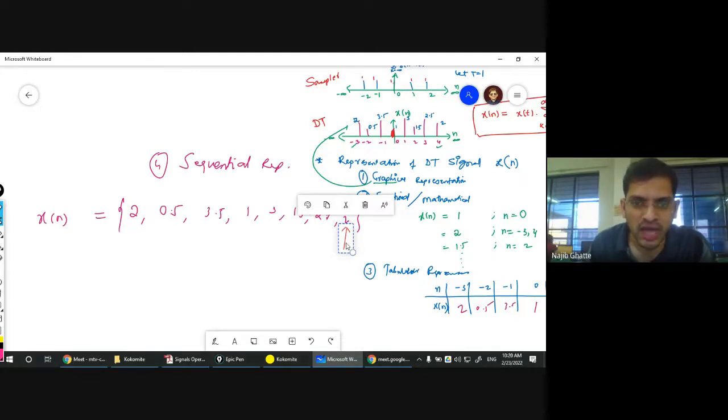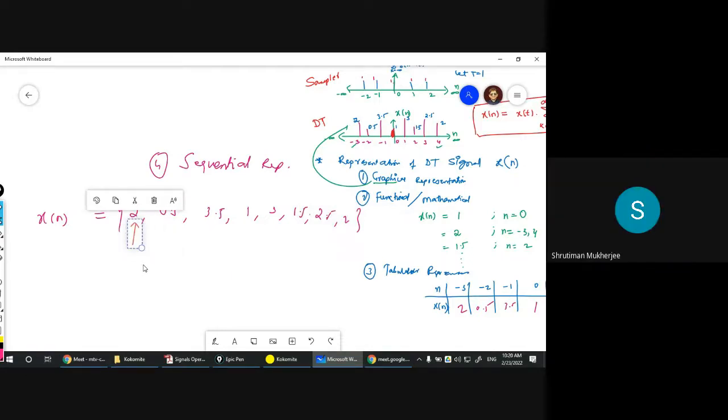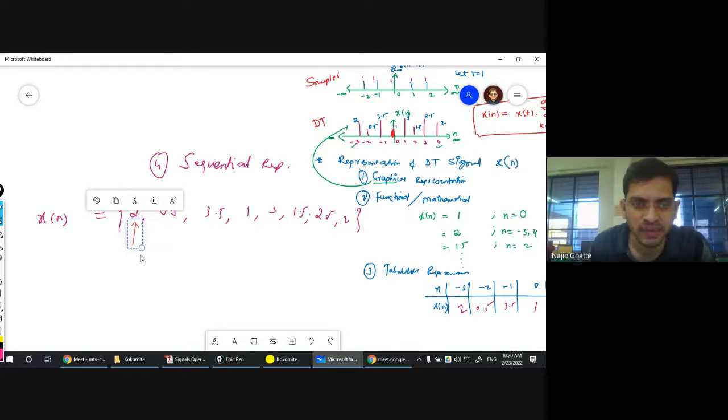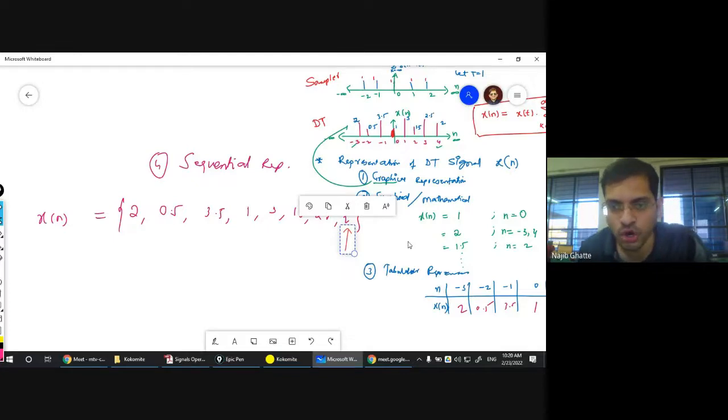Fine. Okay. If it is here, what do you say? Now it is one-sided and right. Yes, now it is right side. Now your whole signal is on the right side, and if I draw it here, you will say it has come to the left side. So now, have you understood all the four methods of representation?